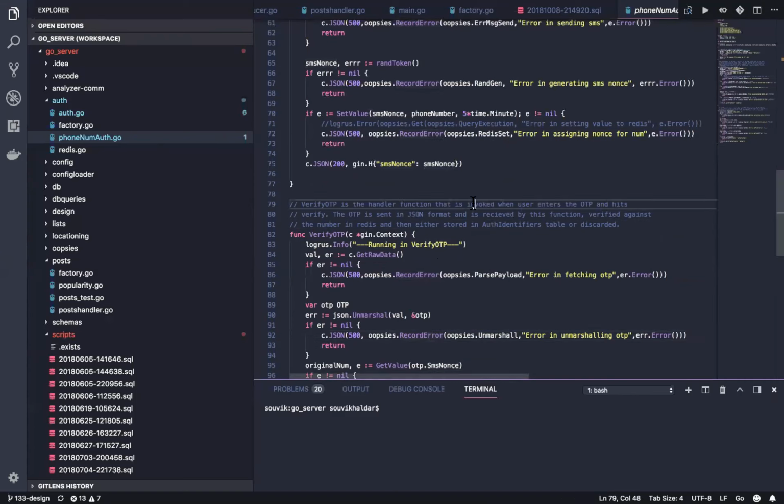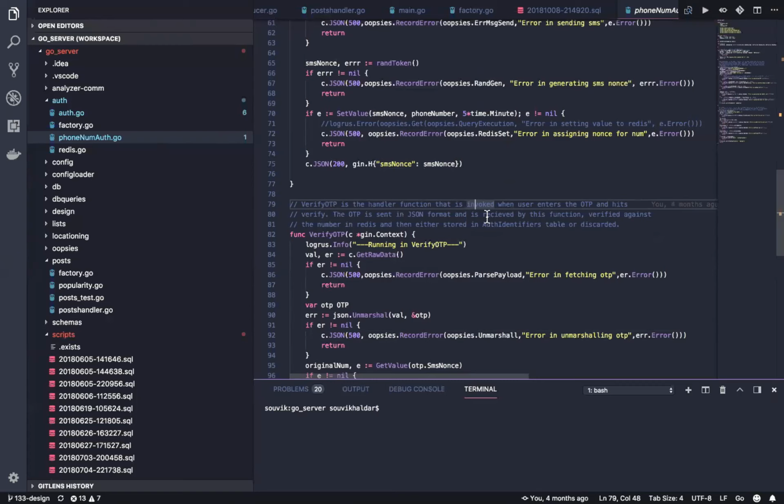Yeah. So at this point, the first transaction is over. The user has the phone number, sends this phone number to the server, and a window has opened on the app side.